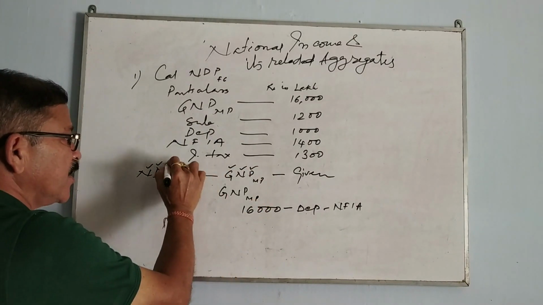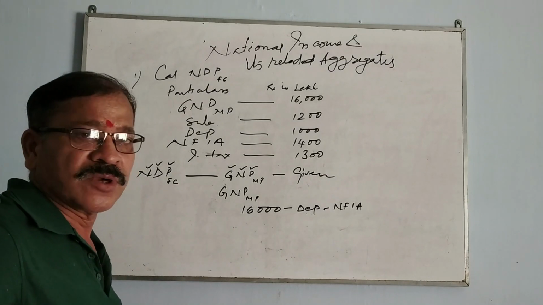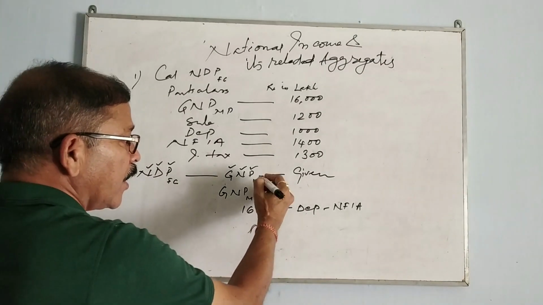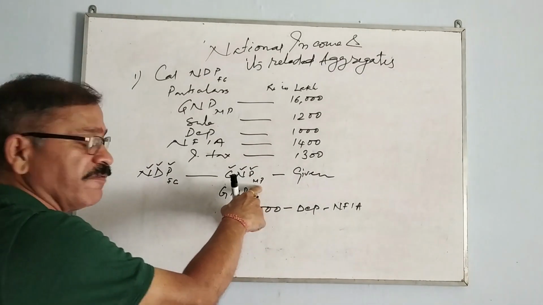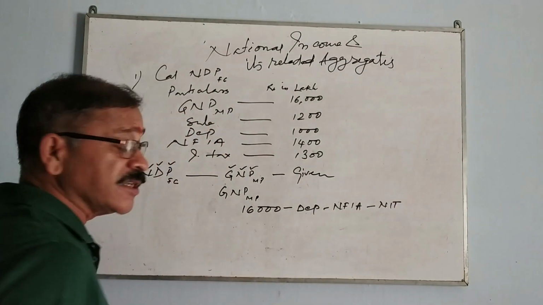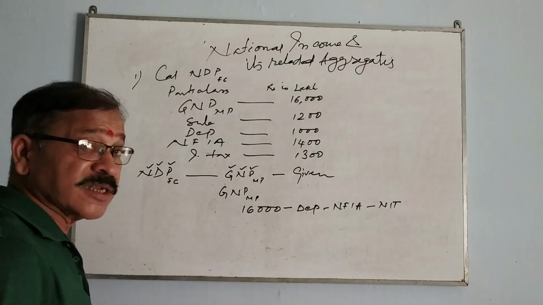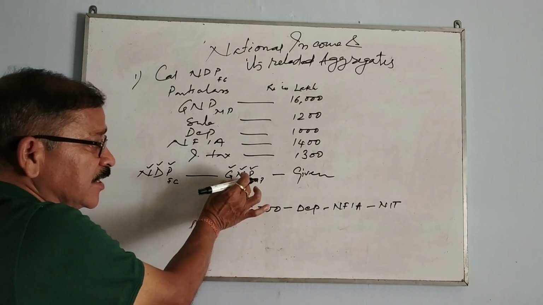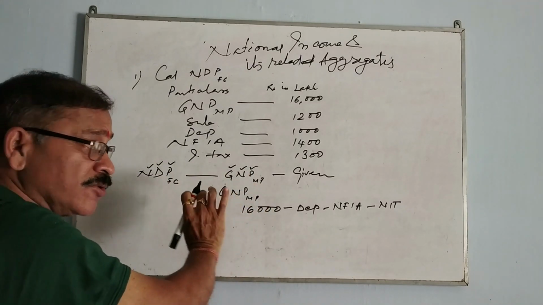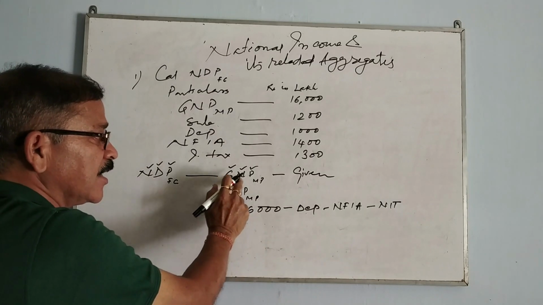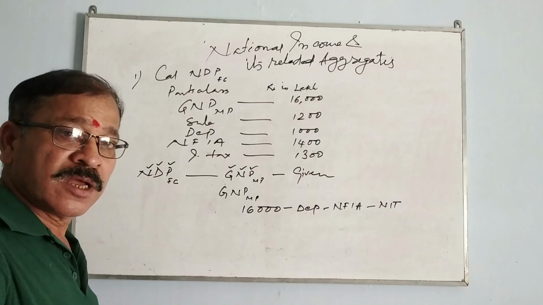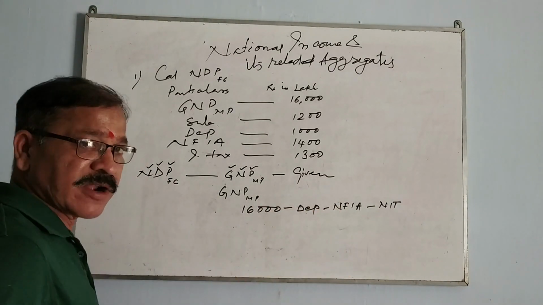Then P. P means product. Here, no need to convert anything. Both are the same, P, P. Both are matching. Now MP. Here MP is given and you have to find out FC. That means minus NIT. The formula says minus NIT. So seeing the aggregate given and asked, you simply convert by seeing the individual letters, and then you can derive the formula on your own. So this is the formula I have derived.